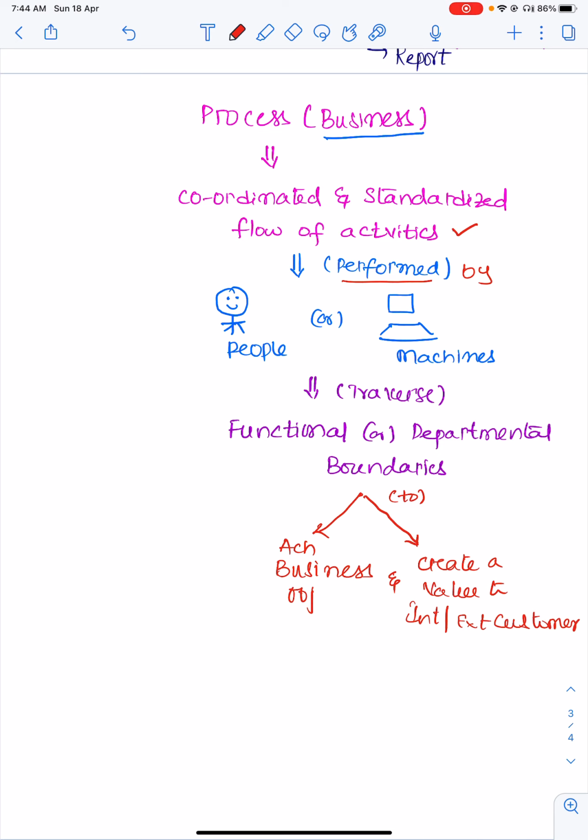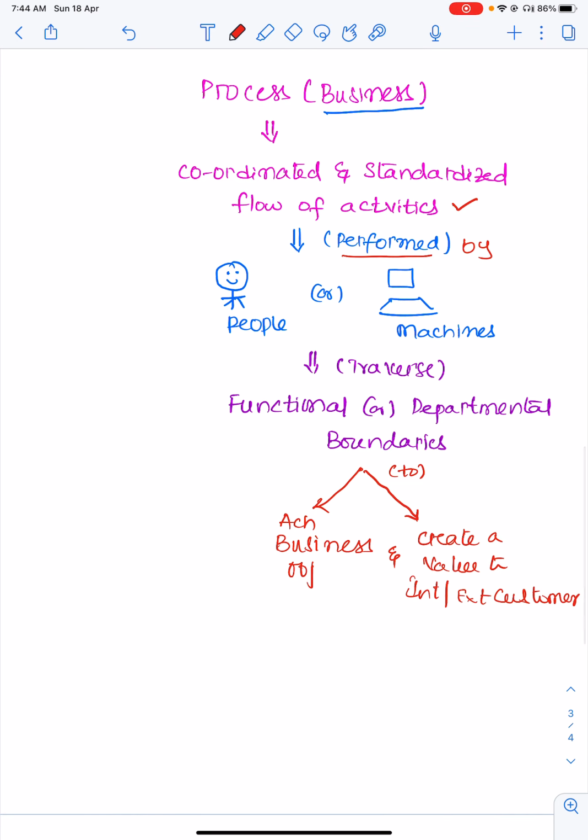Okay, now once we got the definition, let us take a small example in order to understand